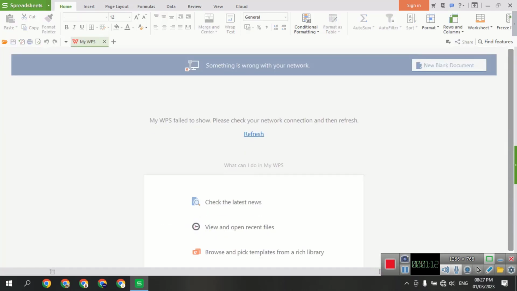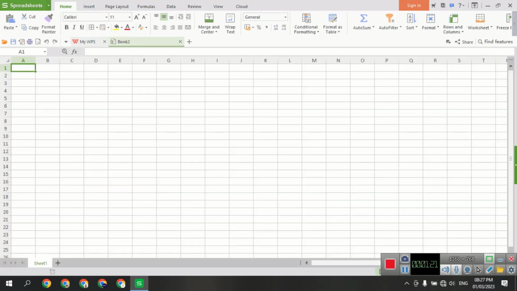If you want to create a new worksheet using a shortcut, press Control plus N, and your new workbook will be ready in seconds. The second thing,